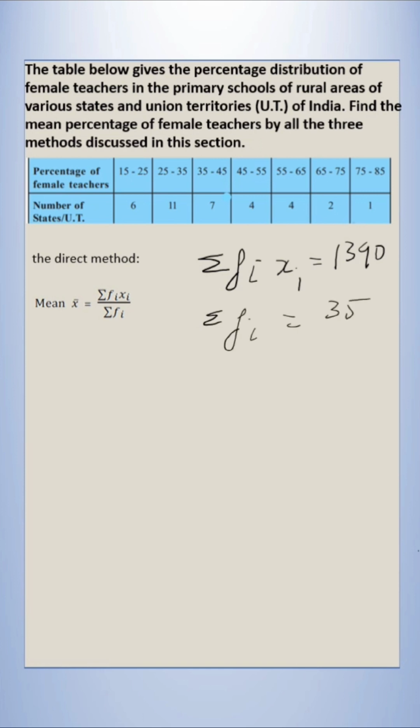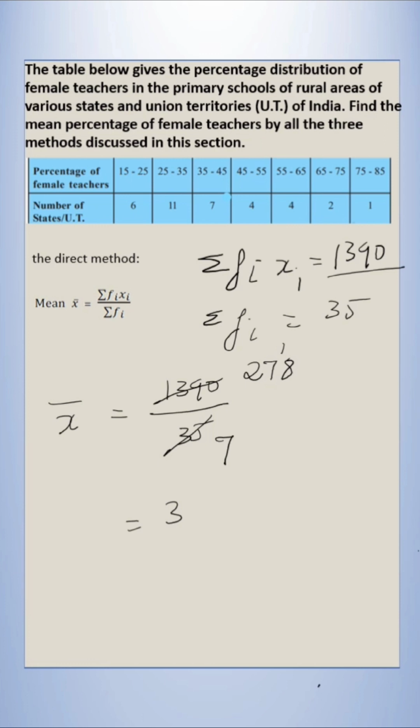So now let us find the mean. Summation of Fi xi is 1390. Summation of Fi is 35. 5 is the common factor. 5 sevens are 35, 5 twos are 10. 5 sevens are 35. Carry 4, 40. 5 eights are 40. 7 threes are 21. 7 nines are 63. 68 minus 63 is 5. So point, 7 sevens are 49. Carry 1. 7 ones are 7. So here mean is